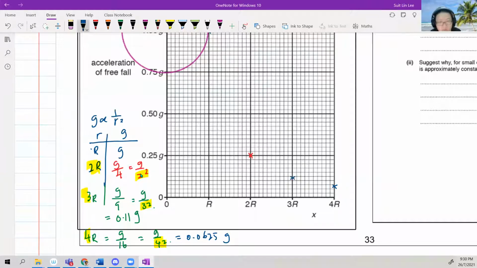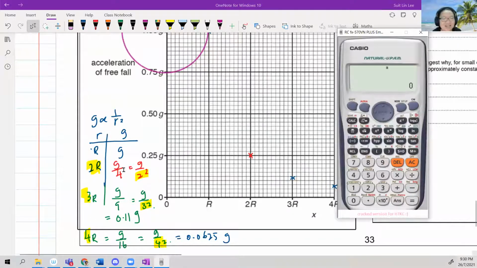All right, let me teach you how to press the calculator so that you don't have to rack your brain with weird scales. Here's how I use my calculator to help me plot the graph. I look at these 10 boxes for 0.25. If I divide by 10, it is 0.025. One small box is 0.025. For 0.11, how many boxes? It's 4.4 boxes, I plot 4.5. Paper 4 can plot half box. Paper 5